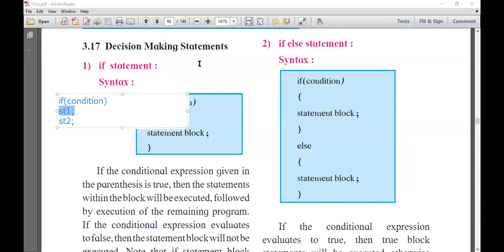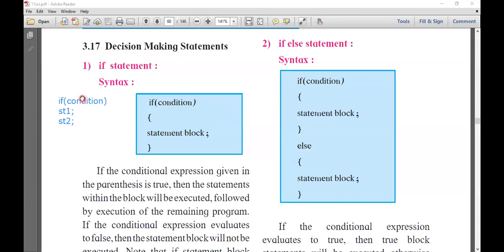If the same condition evaluates to false, then statement 2 will execute, but statement 1 will not execute. If condition evaluates to true, then statement 1 will execute as well as statement 2 will execute.